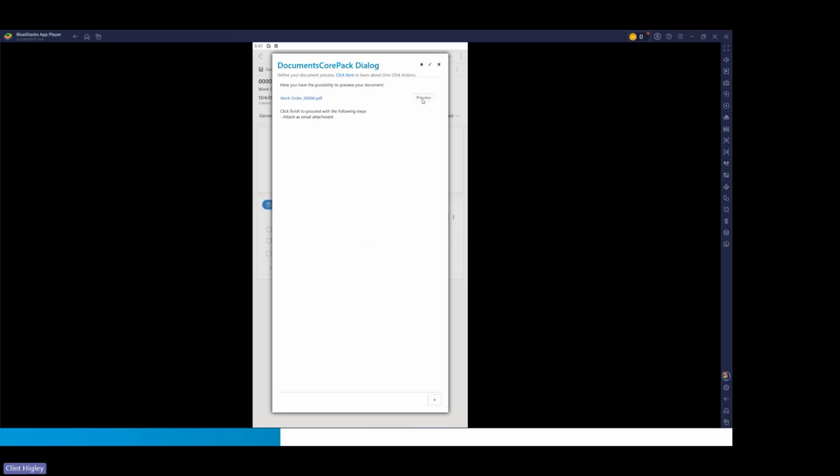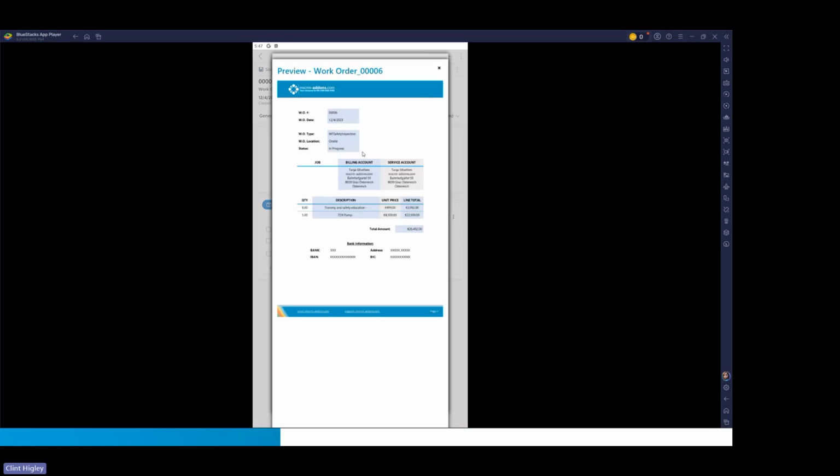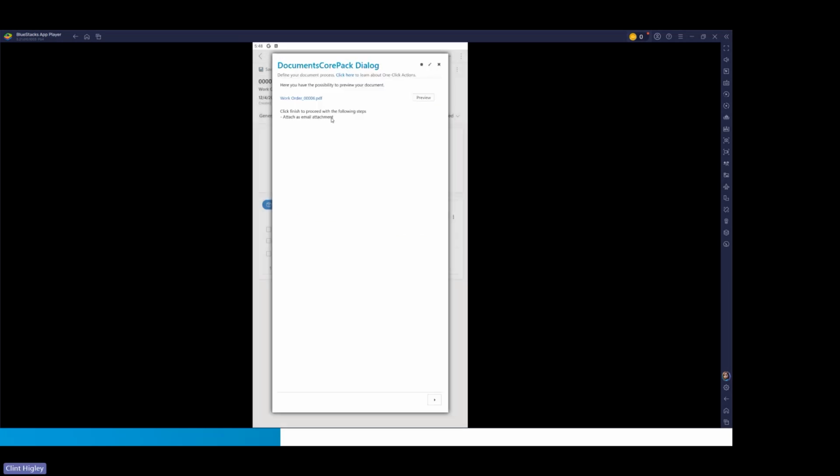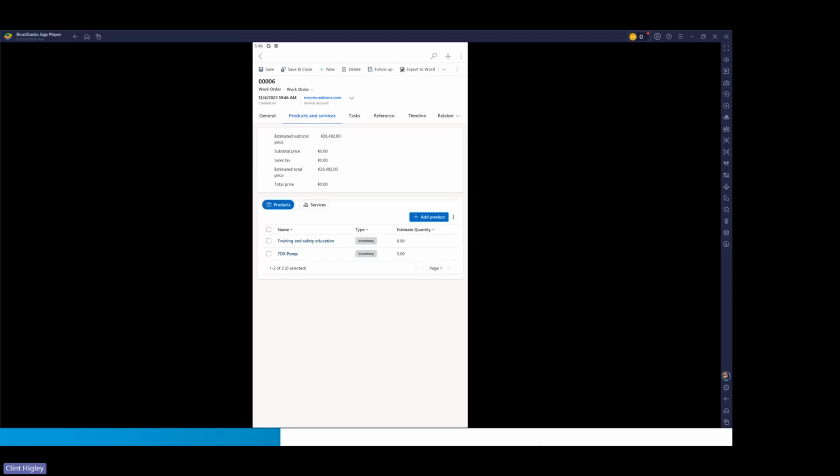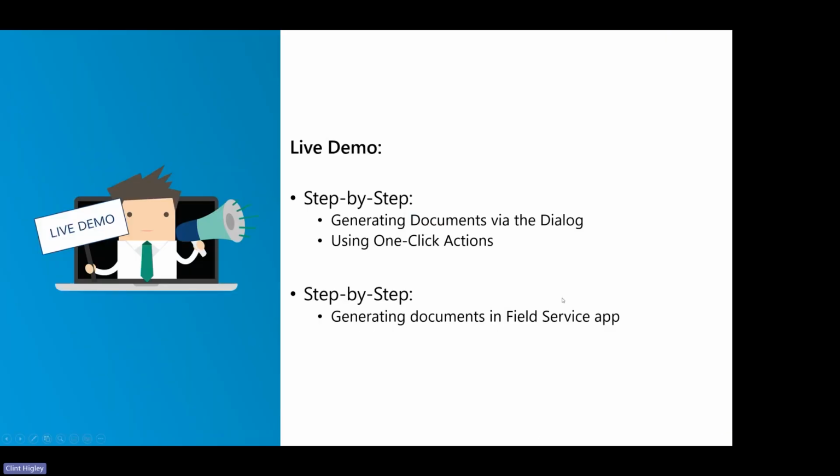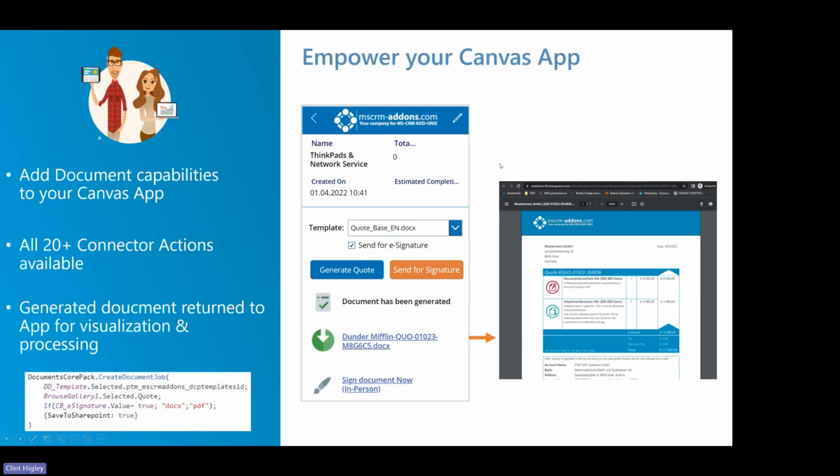So again, I have my work order. I can preview that, and it has all my work orders and everything in there for me, right? And I can hit finish, and it's attached as an email attachment. All right, so with that being said, one of the things that is really nice is, of course,